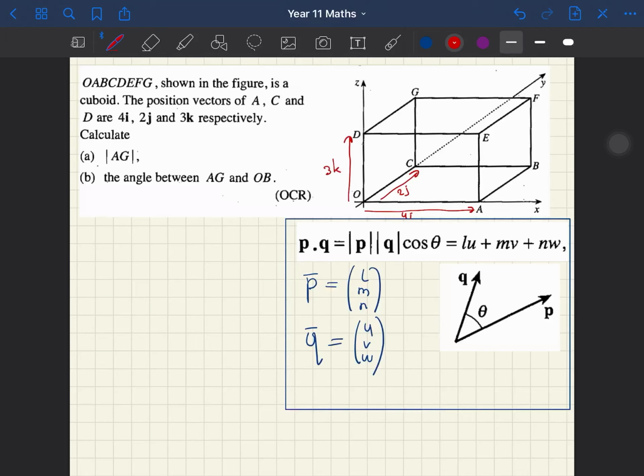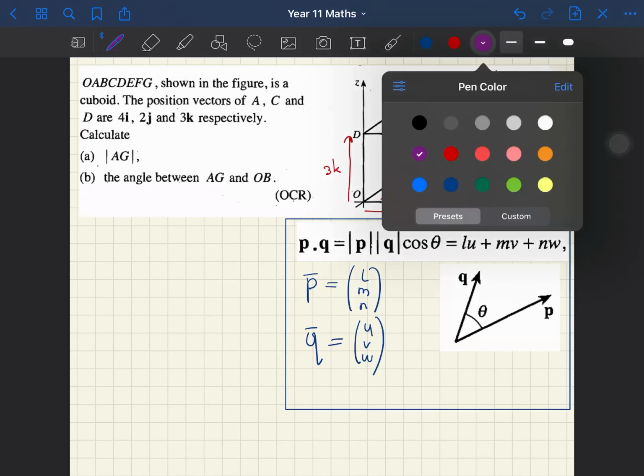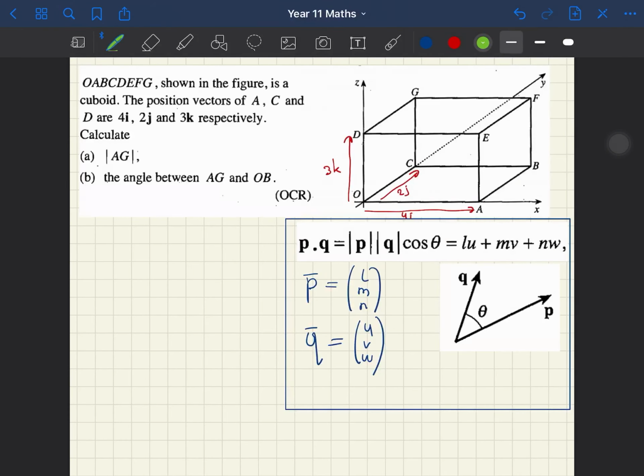And now we have to find AG. So let's do everything again just in this question. AG goes like this. Let's find it. So AG is equal to